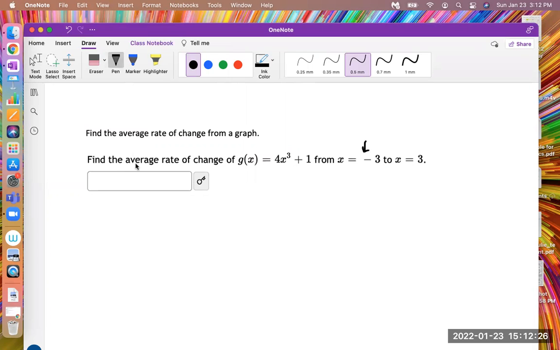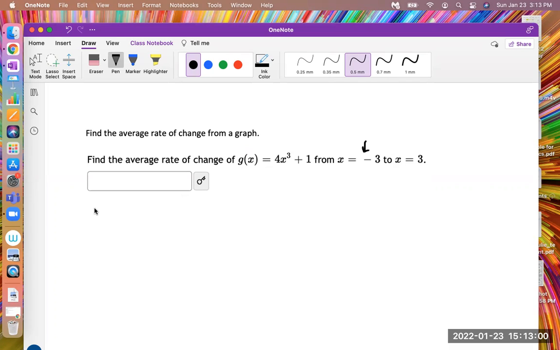Okay, so it says find the average rate of change for this function g of x equals 4x cubed plus 1, from x equals -3 to x equals +3. So here are the endpoints that they're describing, an interval, and here are the endpoints of that interval. So like we did before, we're going to find a point at the beginning of that interval. So I'm plugging in